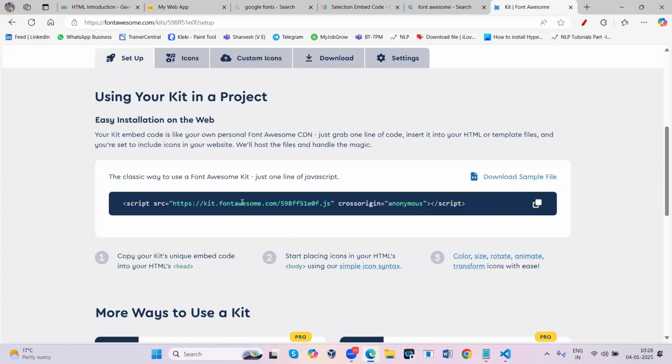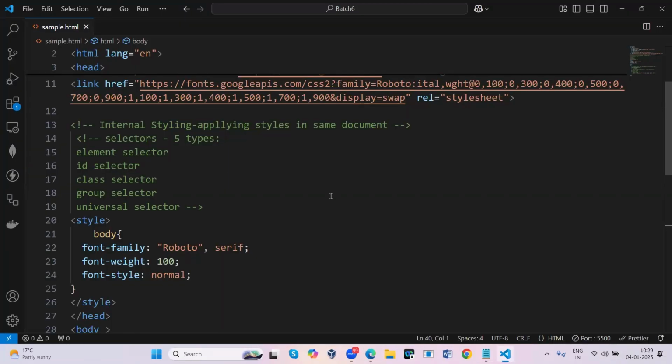So in order to get the icons, what you should do, that I am explaining. To get the icons, you use Font Awesome and simply sign in to it. Later, it will provide one kit in order to access the icons present in the Font Awesome website. So simply copy it and paste it in the head tags, wherever you like.